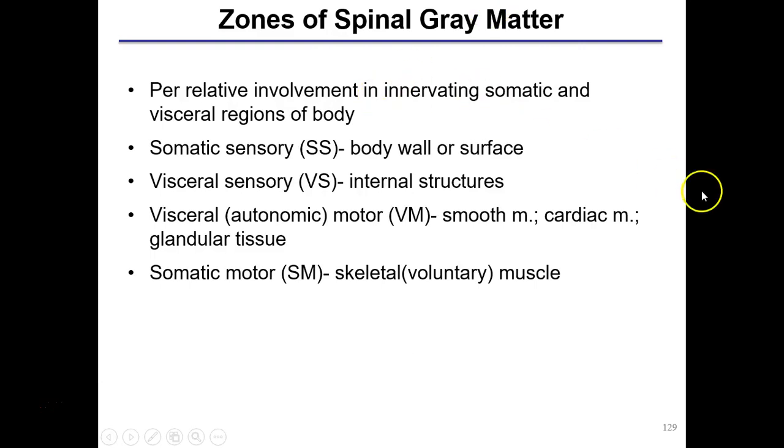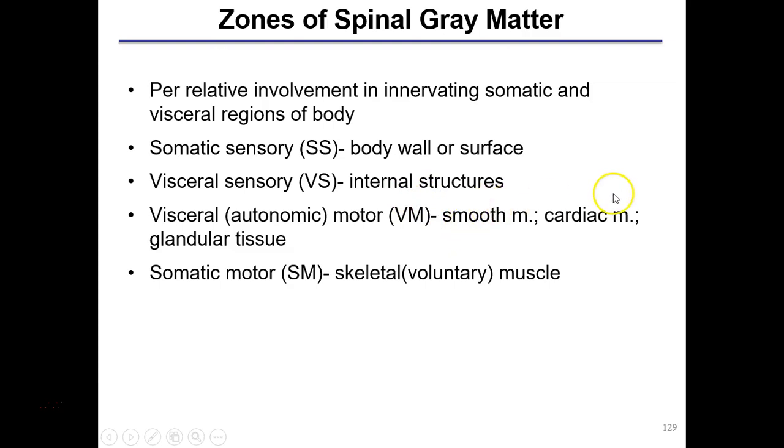So the text of this slide is referring to the diagram in the next slide, which I'll jump to in just a moment. But again, this is just trying to show you, as a representative color-coded arrangement, what areas contain or receive somatic sensory input, what areas receive somatic or visceral sensory input coming from the internal structures of the body, and the areas where we find visceral autonomic fibers, which would be that lateral horn region,